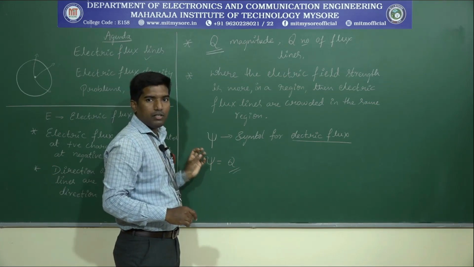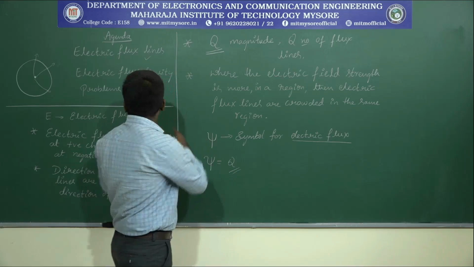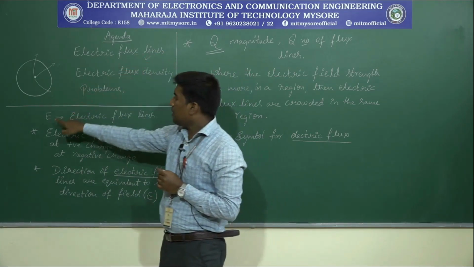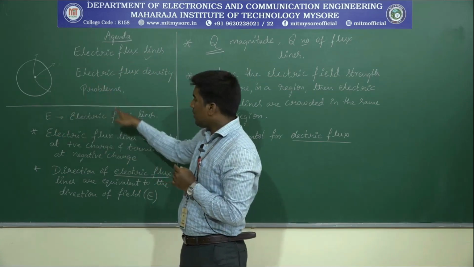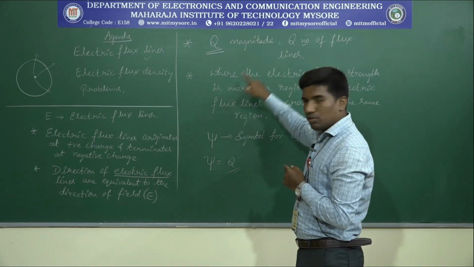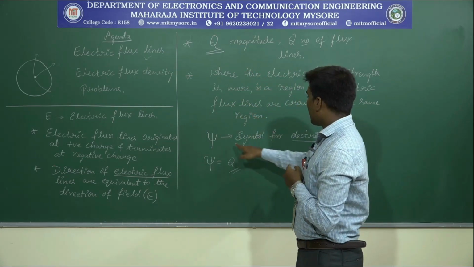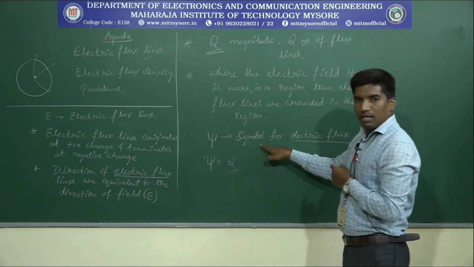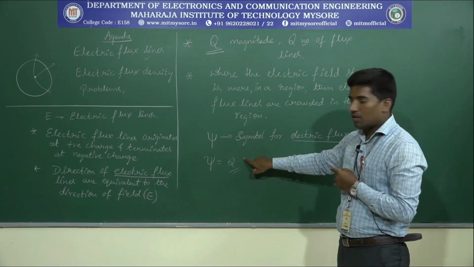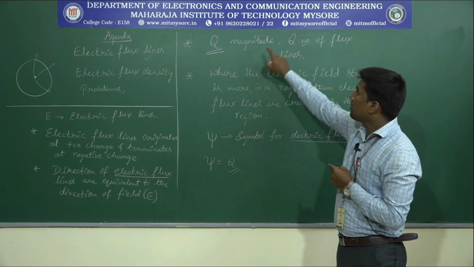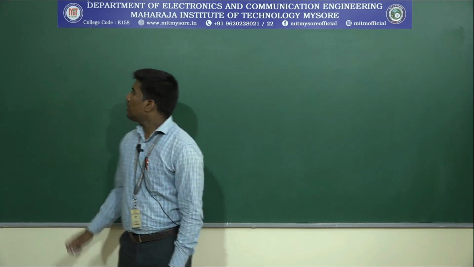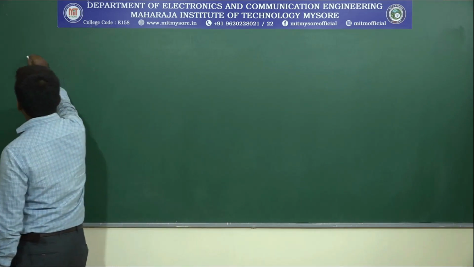Psi is the symbol used. Got it? This is about electric flux lines. So in order to say the electric field intensity can be viewed as electric flux lines, these 4 rules have to be satisfied. So electric flux, symbolically represented as psi, is equivalent to the charge of magnitude q because of condition number 3. Okay? Continue with the next topic, that is